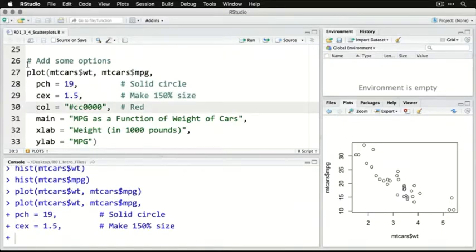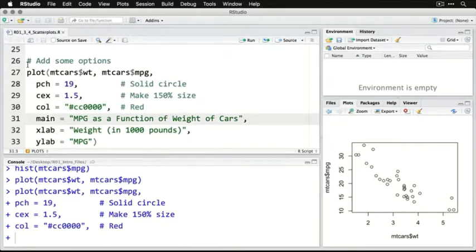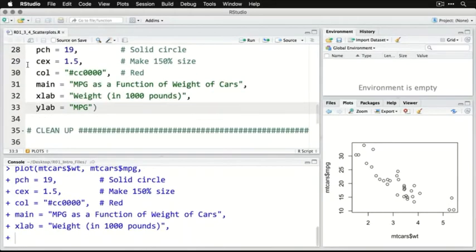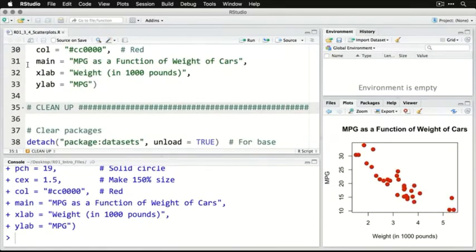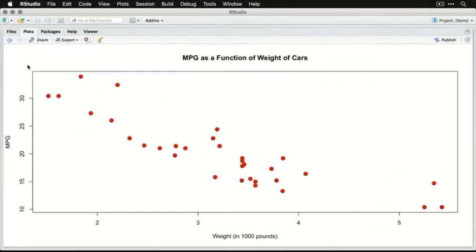Call is for color, and I'm specifying a particular red, the one for Data Lab, in hex code. I'm going to give a title. I'm going to give an X label and a Y label. And then we'll zoom in on that. And now we have a more polished chart that also, because of the solid red circles, makes it easier to